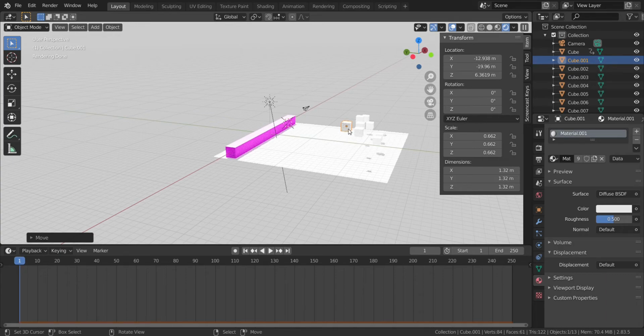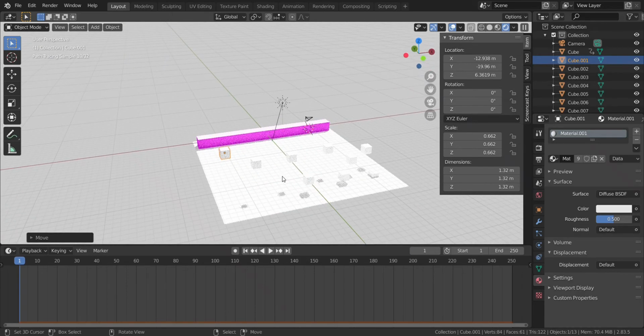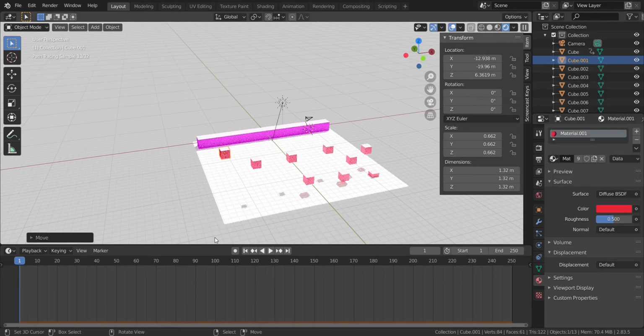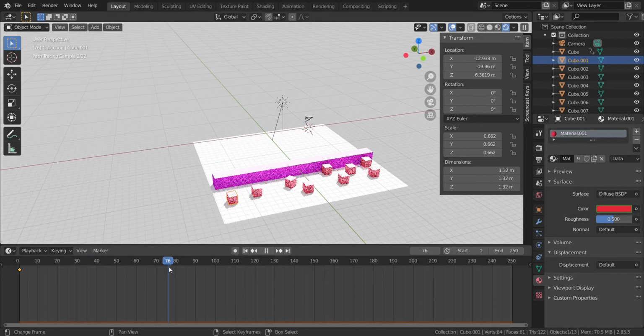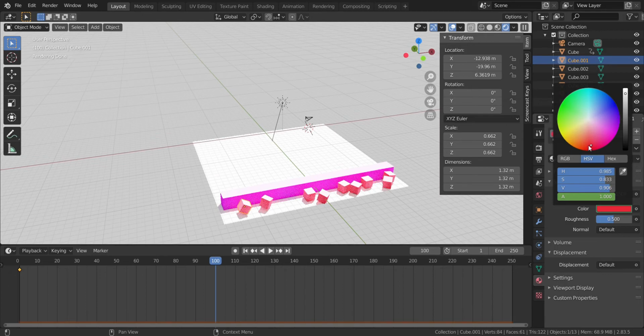So now after selecting this little cube, you can select any one of these cubes, go to frame number 1 and change its color. Like in this case I will change its color to red, and then move your cursor to the color and press the I button. Now we will be moving our timeline to, for example, the 100th frame, and then again change the color.